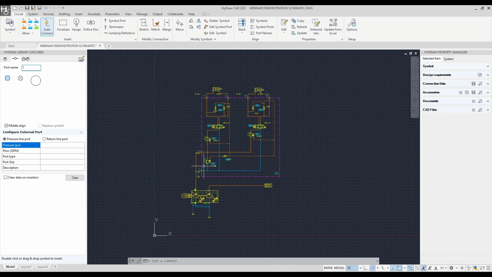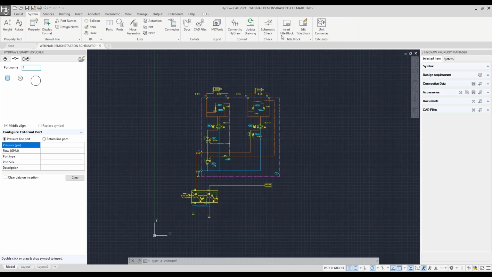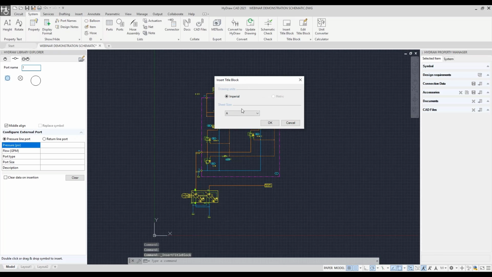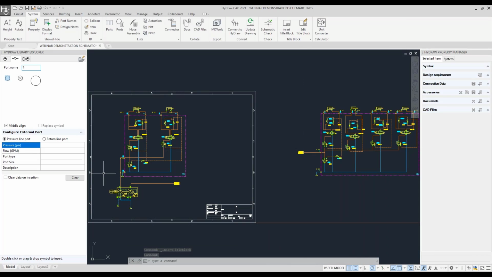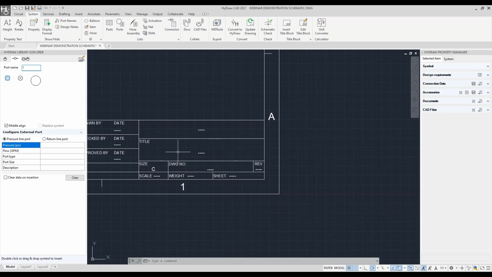So the next thing I want to show off is how we would set up for a batch plot. Normally, whenever we're printing or plotting in HyDraw CAD, a lot of times we'll actually be using our normal title blocks where we can use our little insert here. And I can just say that this is a C-size sheet, and it'll bring in my title block for me,